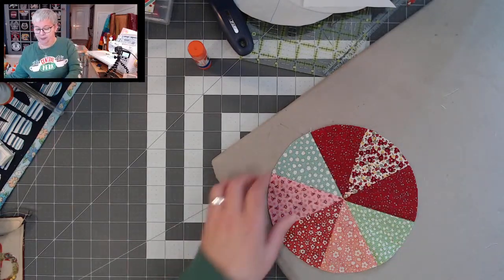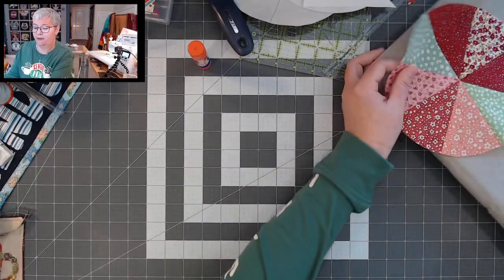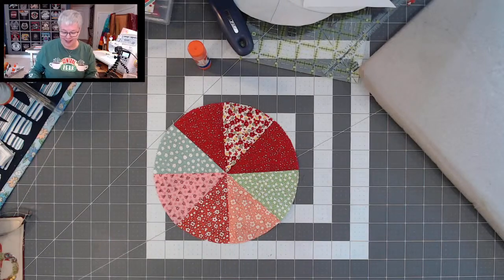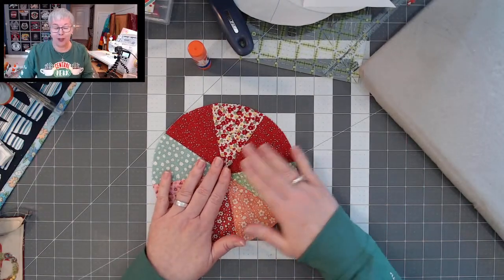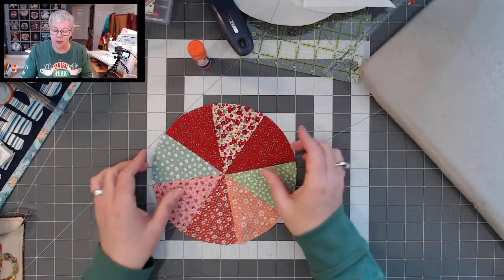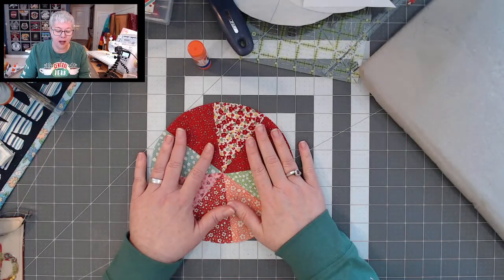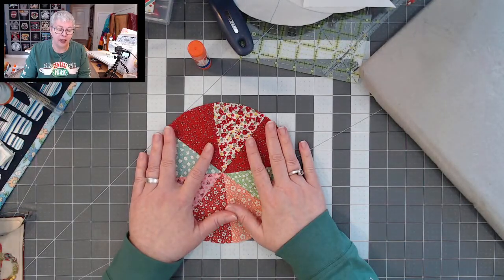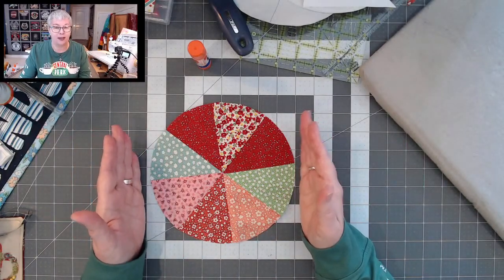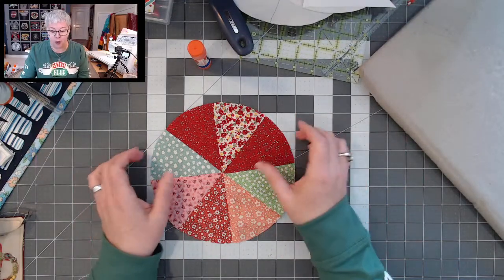All right, y'all. Look how pretty she is, even if she is repeating two of the same fabrics. She's still pretty. So you could certainly treat this like a raw edge applique and put this right down onto your background fabric and do it like you would any raw edge applique. But for this one, I want a finished edge so that the edges of the fabric do not fray. Okay, so we're going to